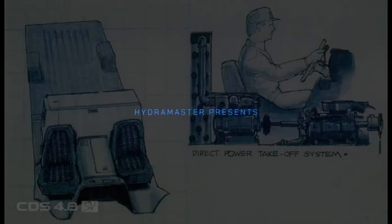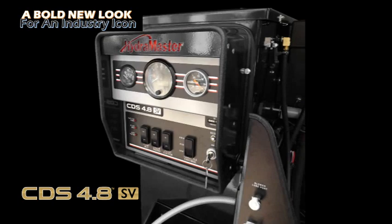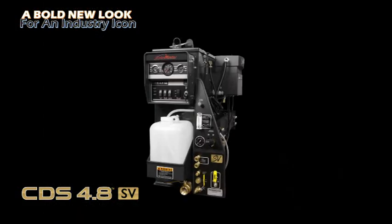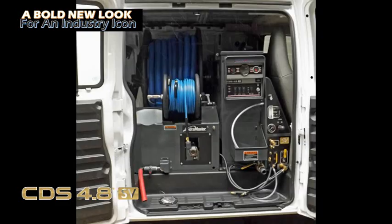36 years ago, an idea was born to make a truck-mounted cleaning plant that was easier to use, required less maintenance, and left more room in your van for all of your other gear. That idea has evolved into the cleaning and restoration industry's most iconic, refined, and profit-making truck mount, the HydraMaster CDS